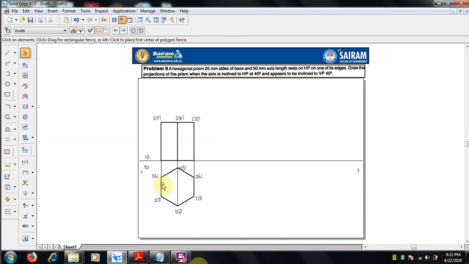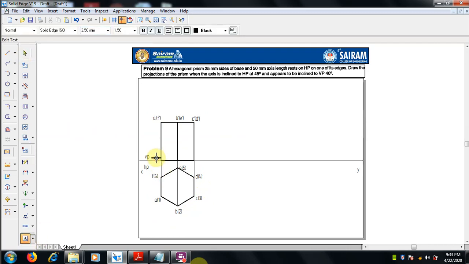Okay. Next, the bottom of the front view, 1, 2, 3, we are mentioning as 1, 2, 3 edges, so 1 dash is visible here, 6 dash is invisible, in brackets. 2 dash, 5 dash in brackets. 3 dash, next 3 dash, 4 dash in brackets, which is invisible. Just move it nearby and keep it.